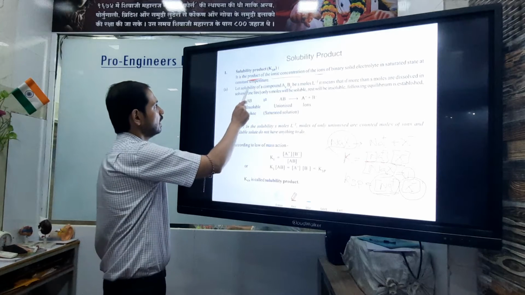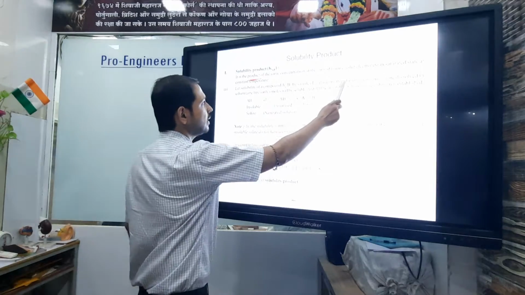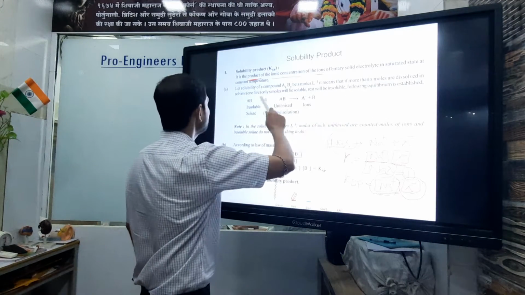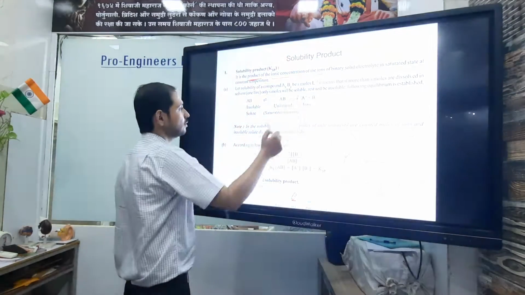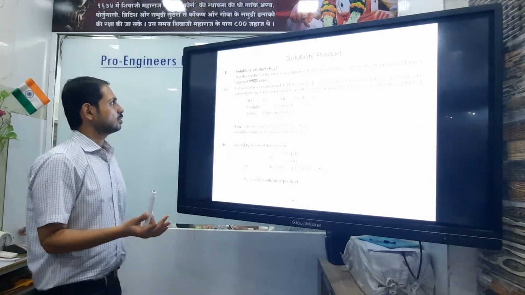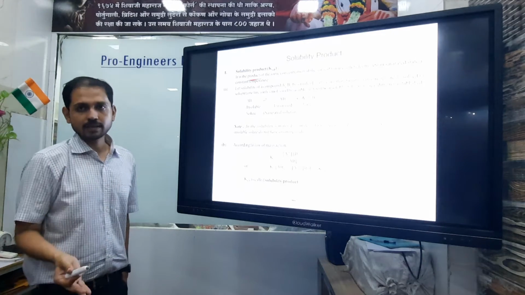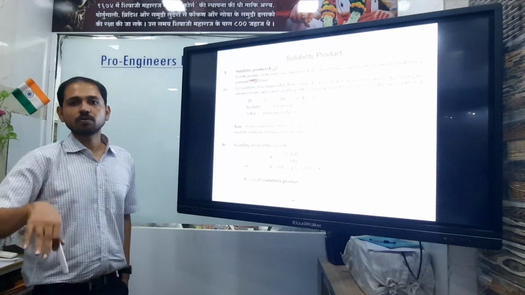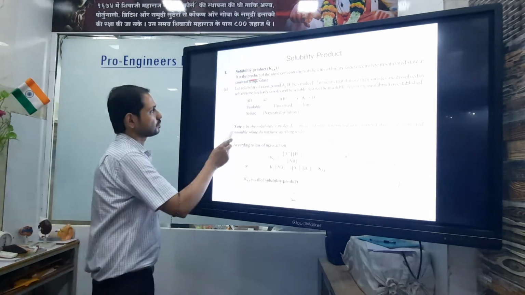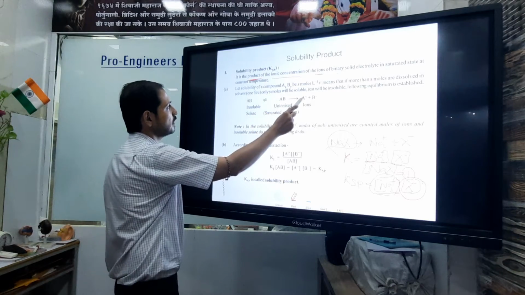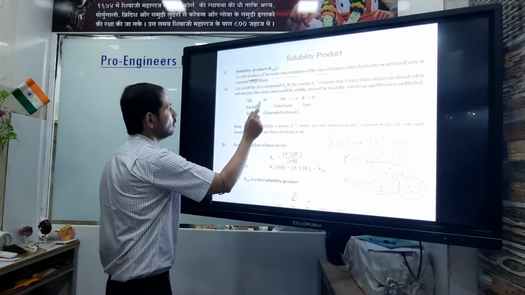Let the solubility of a compound AxBy be S moles per liter, right? It means that if more than S moles are added to a solvent of 1 liter, only S moles will dissolve. So suppose the maximum solubility of AxBy is S mole. If you take more than S mole, only S mole will go into the solution, and the excess will remain as it is. AB undergoes dissociation and gives A plus and B minus, and the excess will remain insoluble, and an equilibrium will exist.